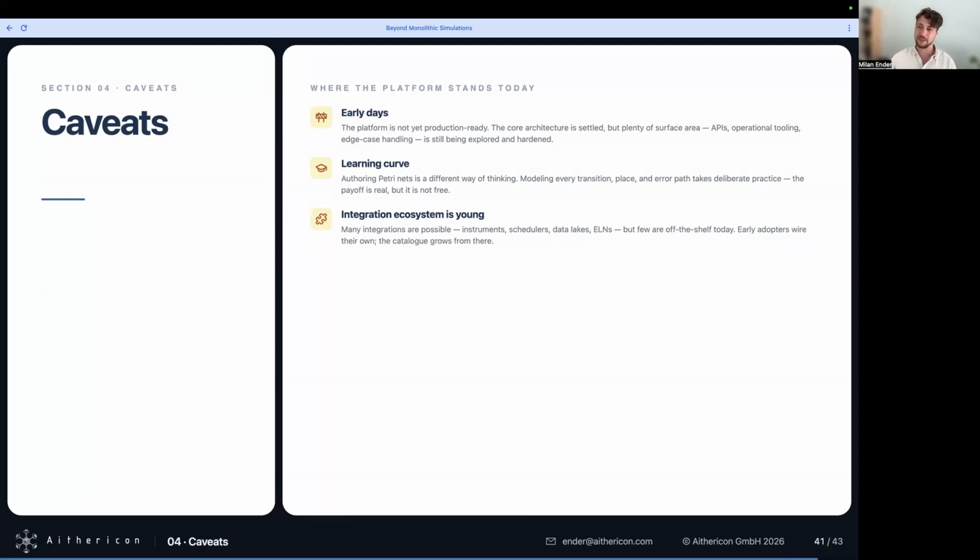And of course, it also introduces a lot of new formalisms, new concepts that you have to learn. And I guess the best approach to make this really usable is to hide it away behind nice interfaces and good tooling. And of course, the integration layer is still young, but we can already handle quite a few things like Slurm, high performance clusters, normal cloud services, and other execution layers like human task forms, human in the loop processes. I think we can also handle laboratories already quite well, but of course, there's still a lot of integration that would be necessary.